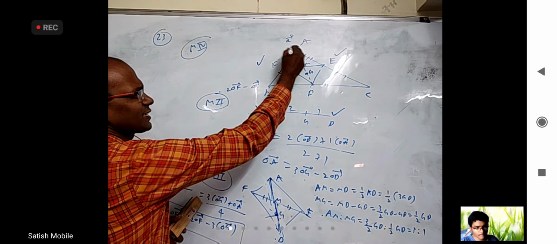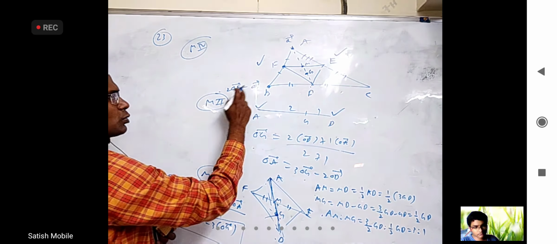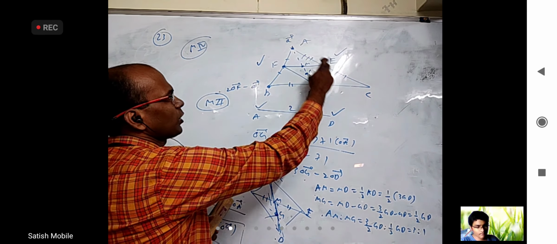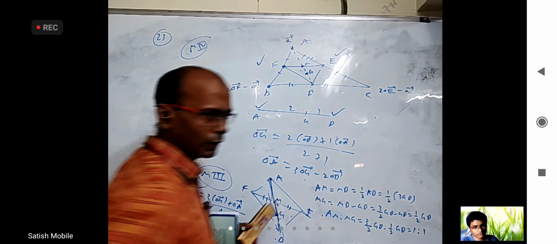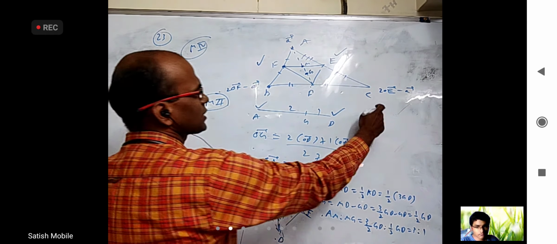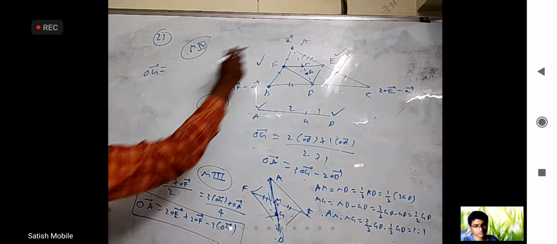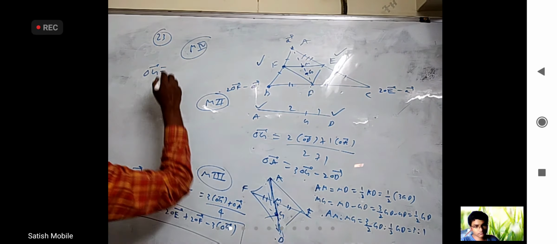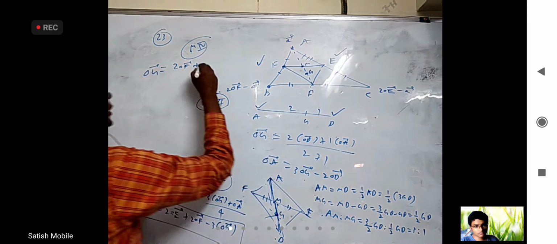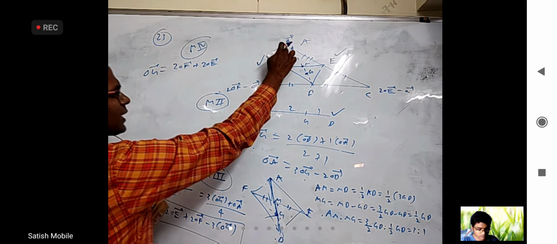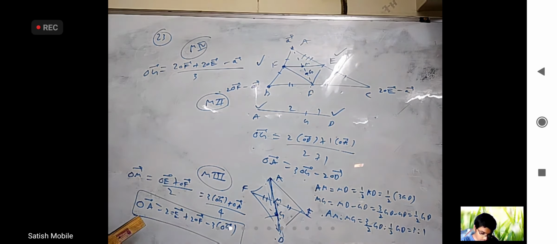If this position vector is A bar, this position is OF bar, what is this? Double of the midpoint minus this, 2 OF minus A. Similarly, double of this minus this will be this, so it will be 2 OE bar minus A bar. Correct? Take this plus this by 3, that should be the centroid. What is OG bar? This plus this, when I add, what I will get? 2 OF bar, 2 OE bar, plus A minus A together is minus A bar, by 3, correct?